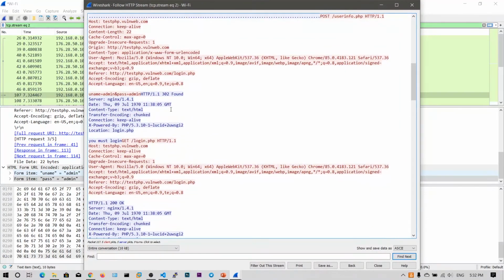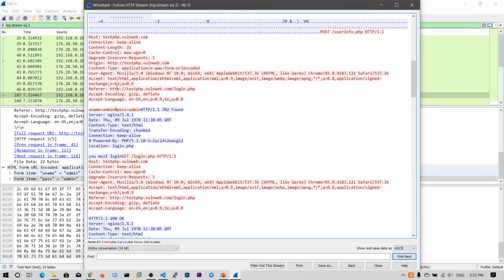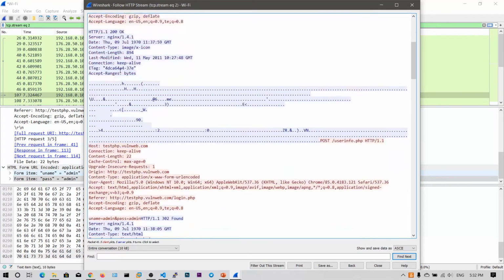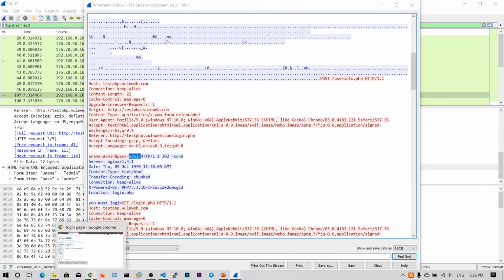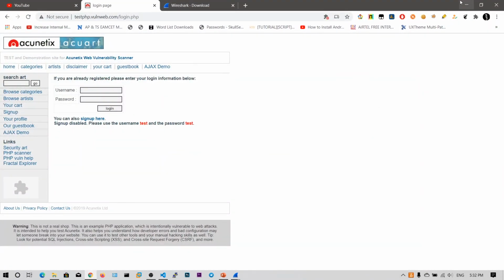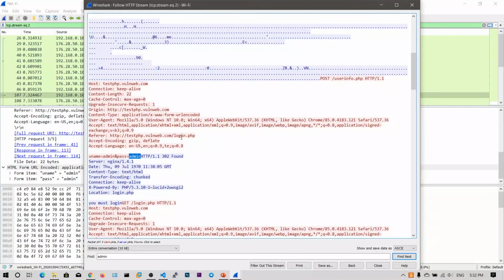I think, okay, this is the POST request. As you can see here, the username is admin and the pass is admin. You can also search in these fields for your entered password. If I search for admin and click find next, you can see the next word is admin. So in this way you can use Wireshark to sniff the packets.